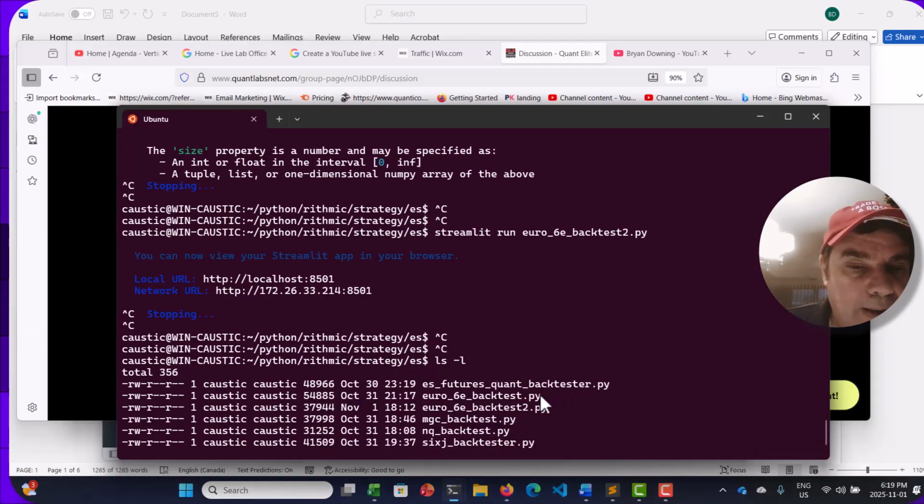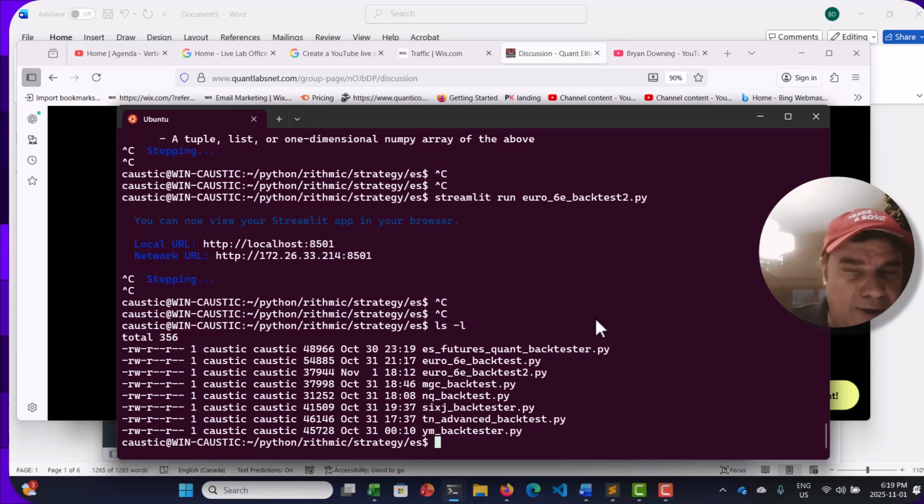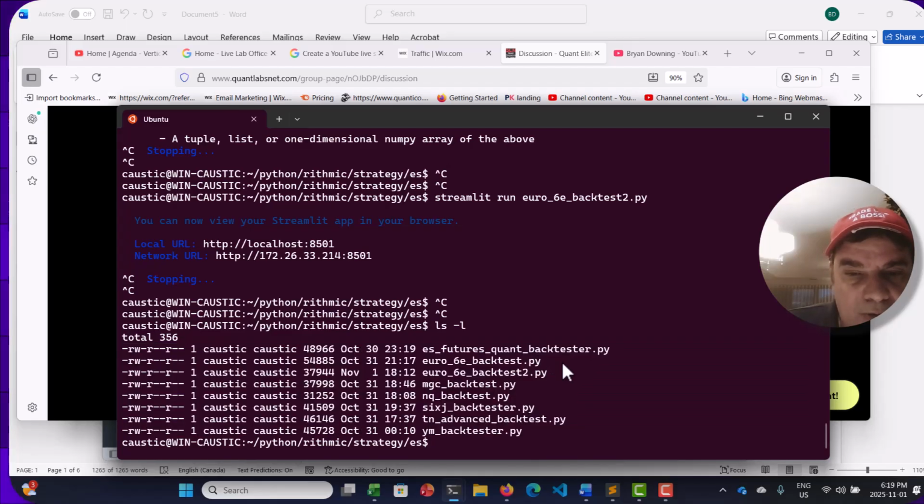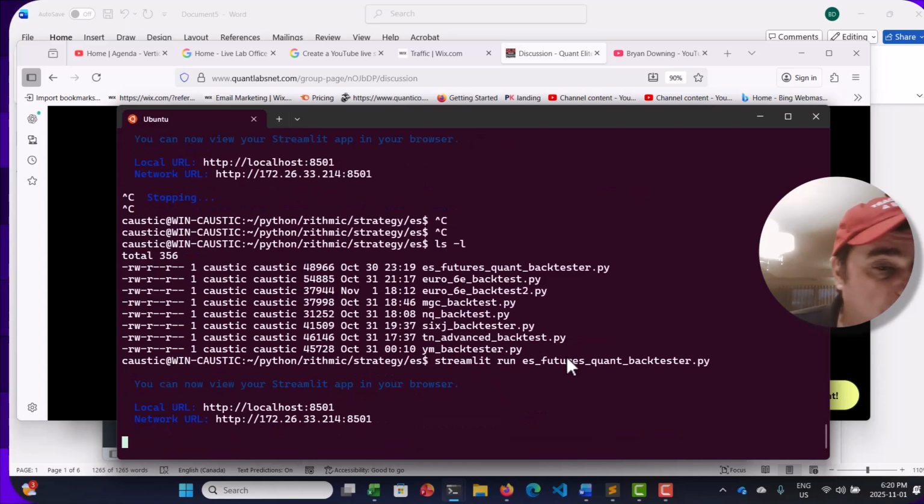So let's get this started. All right, so here are the different Streamlit apps, all in Python. Remember, this is all in conjunction with how these high frequency trading shops trade, and the hedge funds and all the big names that you know. So the first one we're going to look at is the most popular one. This is quite interesting, some of the things that it unveiled. So this is the first one we're going to look at. This is the EF futures.